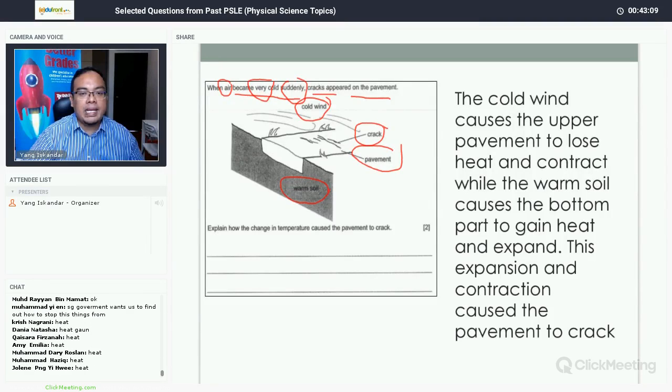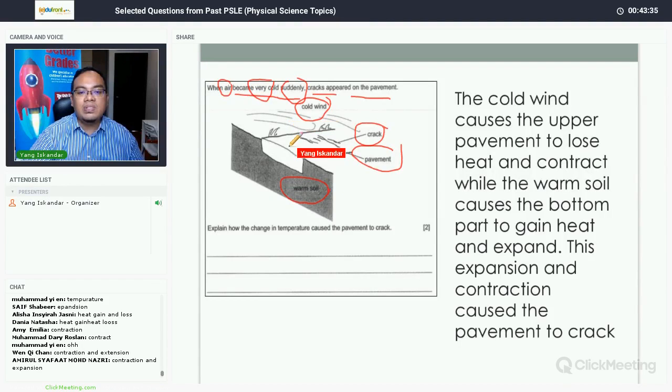What topic? Under heat. Okay, good. Now, what concept are they testing you here? Under heat, there's many concepts. Yes, under heat, the concept of expansion and contraction. So we know that matter expands when it gains heat and